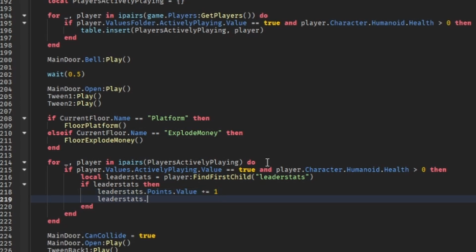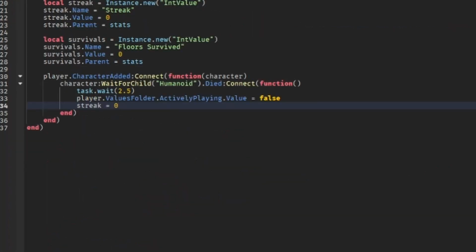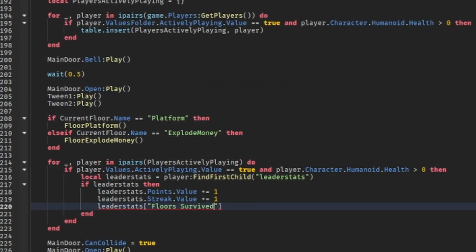Then leaderstats.Streak.Value plus equals 1, and leaderstats floors survived .Value